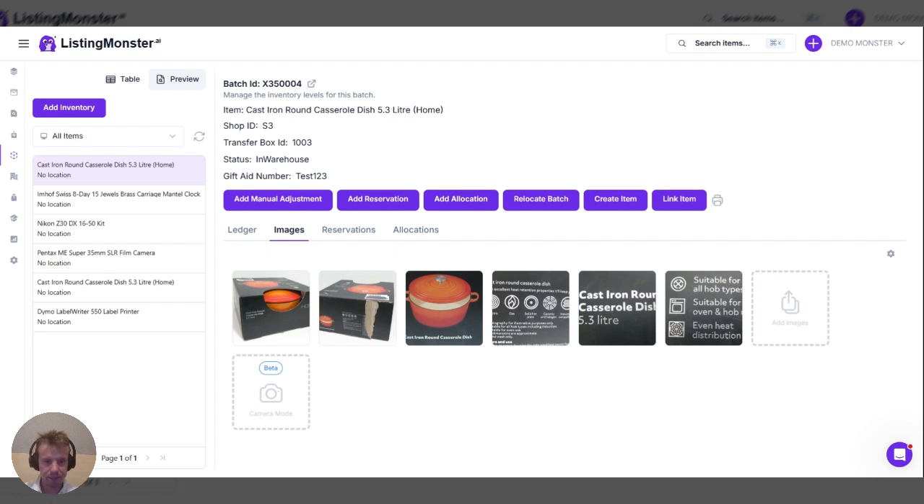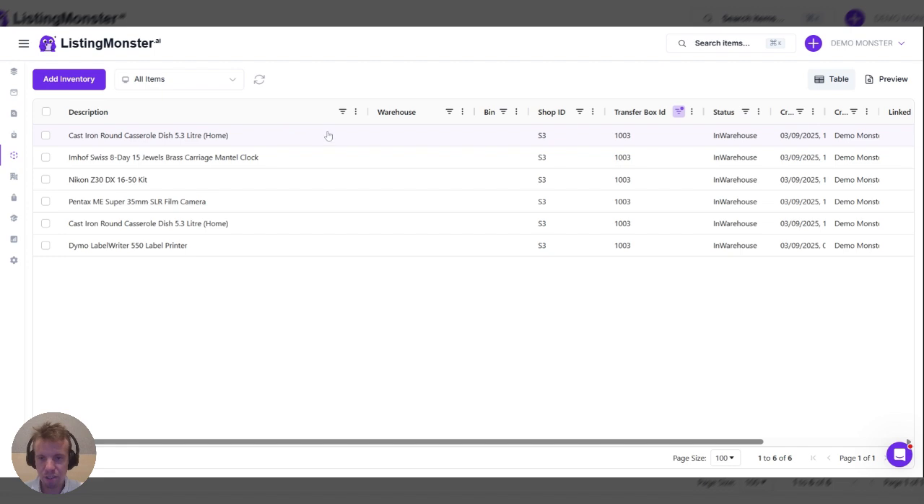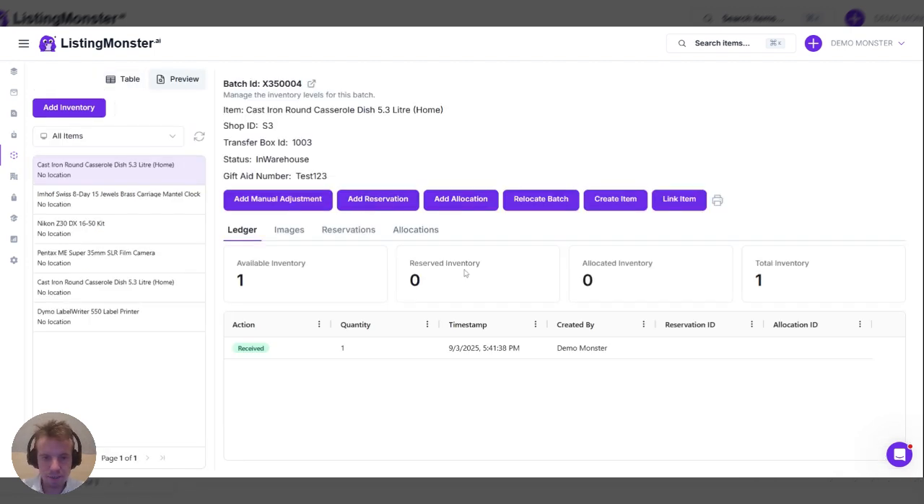But to do that, it's as simple as this. Again, you would find the items you want to take action on, either by scanning the barcode on the item if it's got a barcode, or searching or filtering in the tables, which we've shown across previous videos. You would click into the item you wanted to allocate a warehouse location to, click relocate batch,